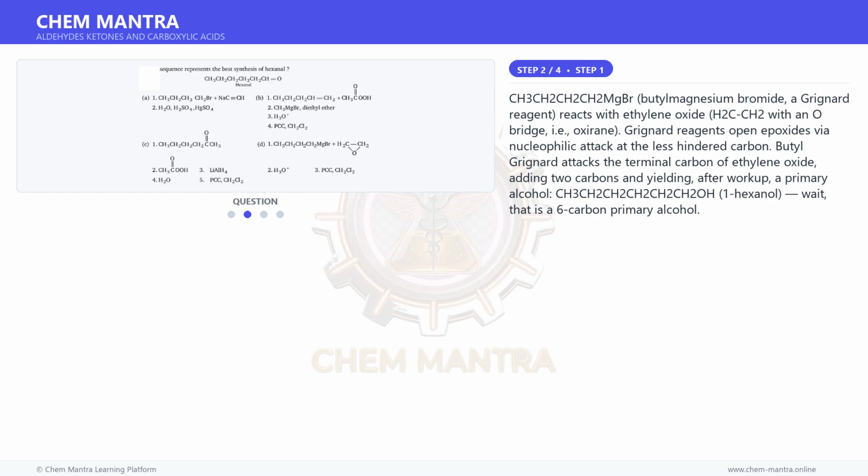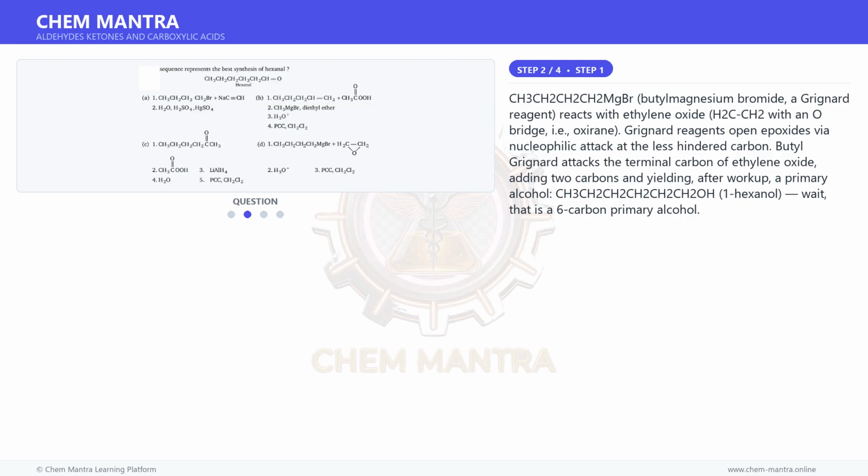Moving on to the next step. CH3CH2CH2CH2MgBr, butyl magnesium bromide, a Grignard reagent, reacts with ethylene oxide, H2C-CH2 with an O bridge, i.e., oxirane. Grignard reagents open epoxides via nucleophilic attack at the less hindered carbon. Butyl Grignard attacks the terminal carbon of ethylene oxide, adding two carbons and yielding, after workup, a primary alcohol,